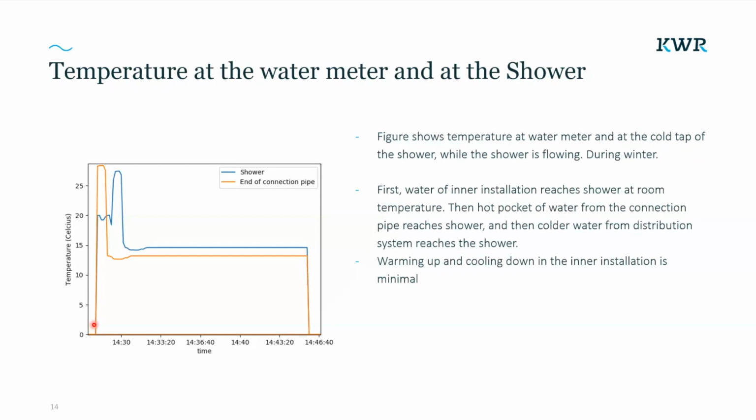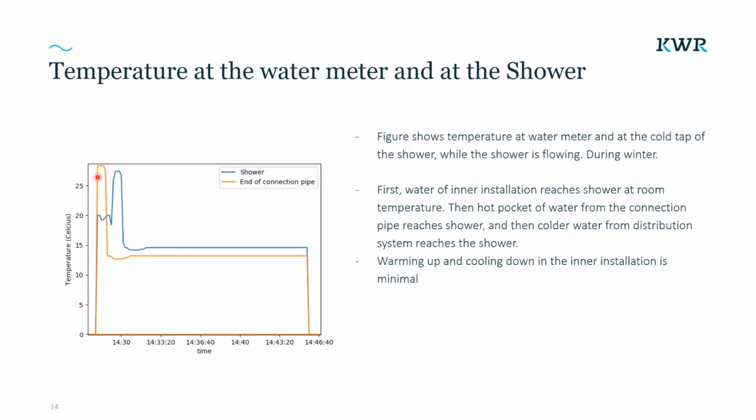I will walk you through the graphs themselves. So we start with the orange one, which is at the water meter. As soon as the shower is turned on, there is water flowing through the water meter, which is coming from the connection pipe. This was heated up because of warmer soil temperatures to about 30 degrees Celsius or 86 degrees Fahrenheit, and that is also the temperature that we see at the water